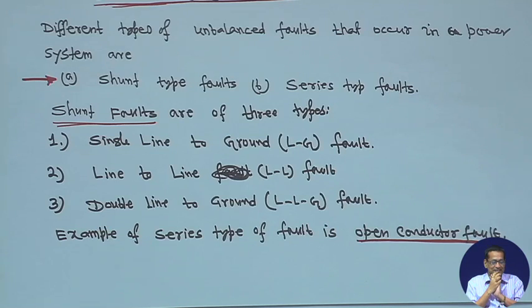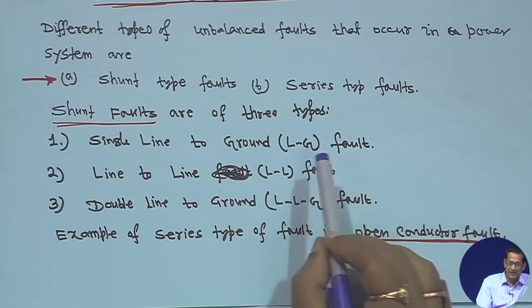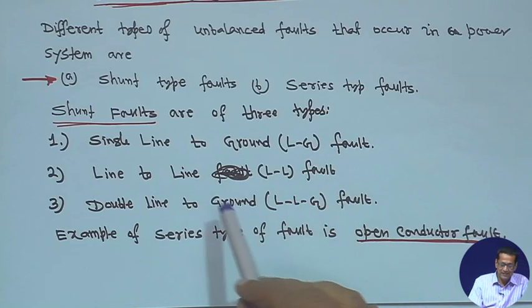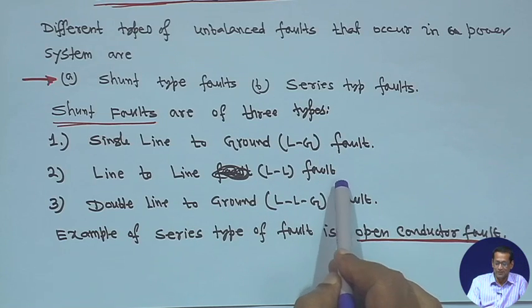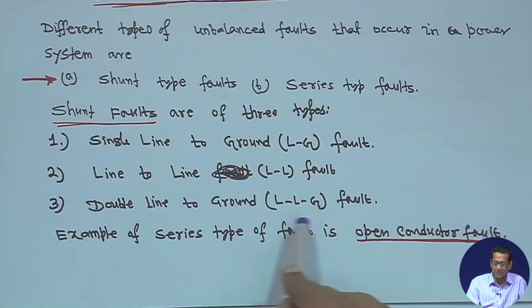One thing is shunt type fault, another is series type of fault. Shunt type faults are single line to ground fault, which is very common, and line to